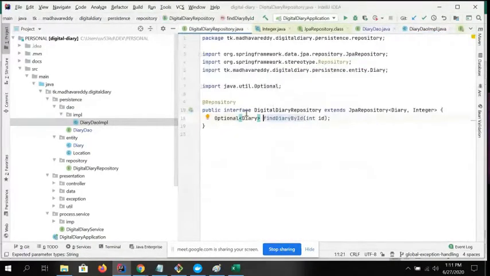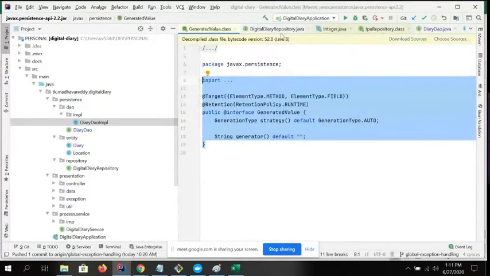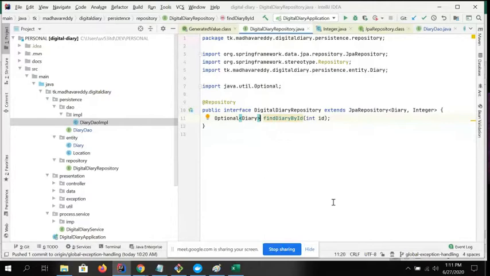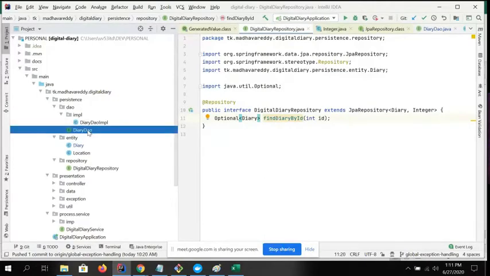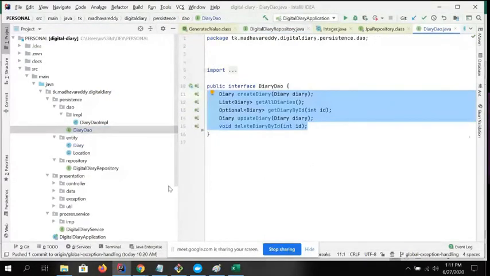You can override your method with this optional diary, using the Java 8 Optional feature, to make sure there is no exception from there, and you can validate it.